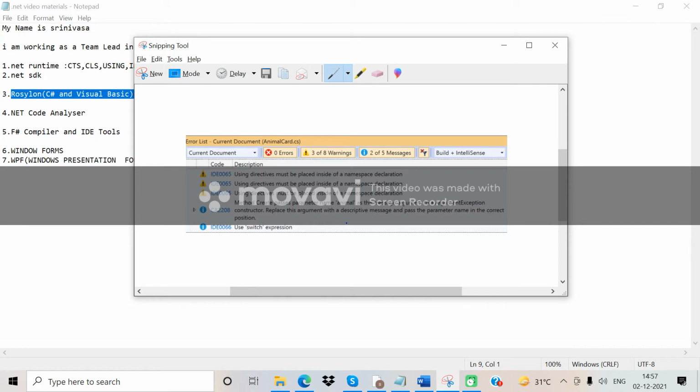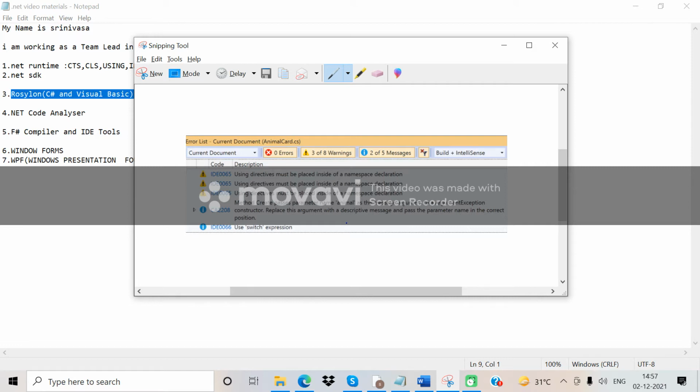Build time behavior means the behavior of the particular application whenever we are building it. Those things are taken care of by the build time behaviors.